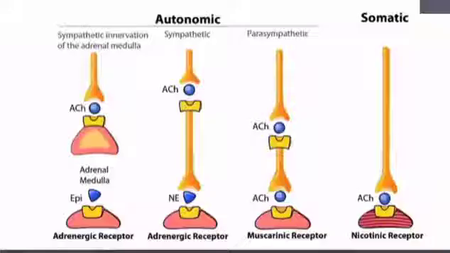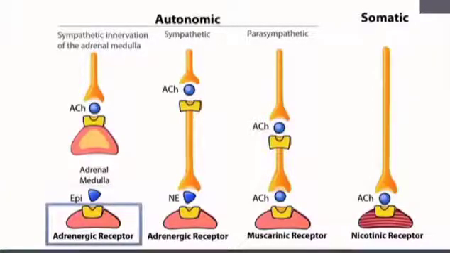Next, fill in the blanks of the graphic of the preganglionic and postganglionic transmitters and receptors. So look at the picture here. In the top left corner, we're starting with sympathetic innervation of adrenal medulla. And then it's going to stimulate with acetylcholine at the ganglionic synapse. And then at that synapse it's going to release epinephrine, and that epinephrine is going to interact with an